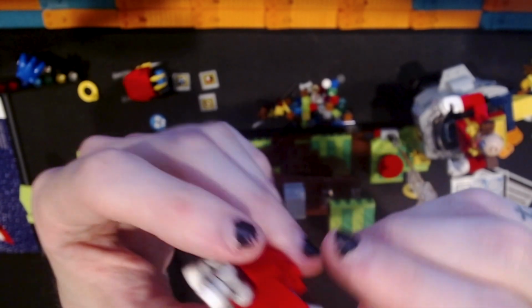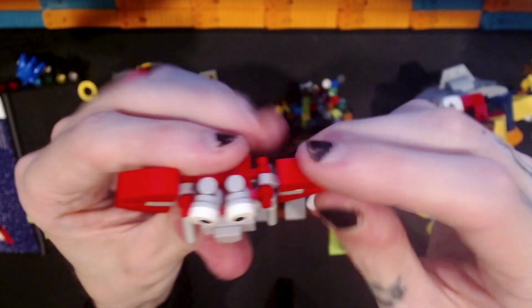It doesn't really rest on these legs, although it probably could. They're a little bit fragile. They could spin and rotate and stuff, but that's that. I like how the claws are done. Those are pretty good, and the colors are all nice. And then